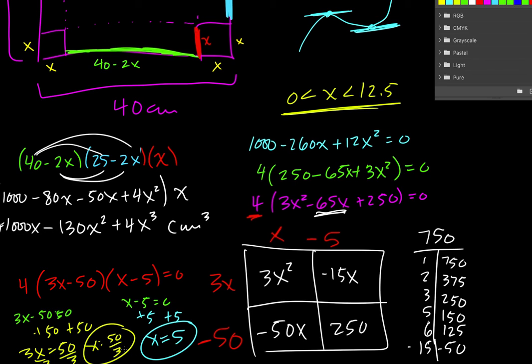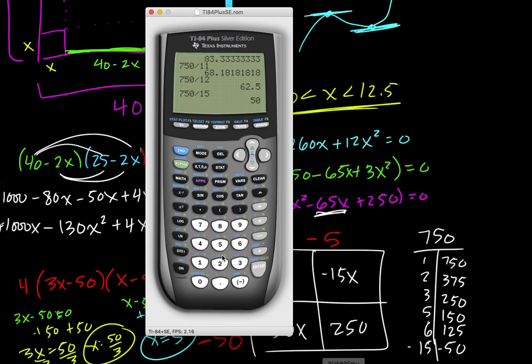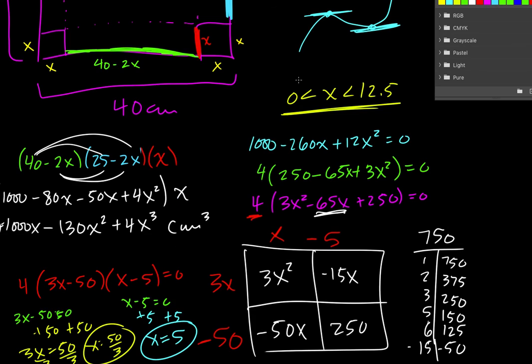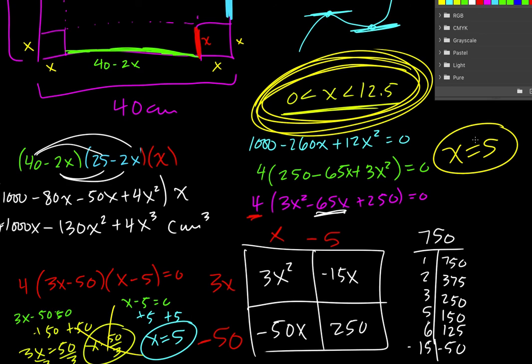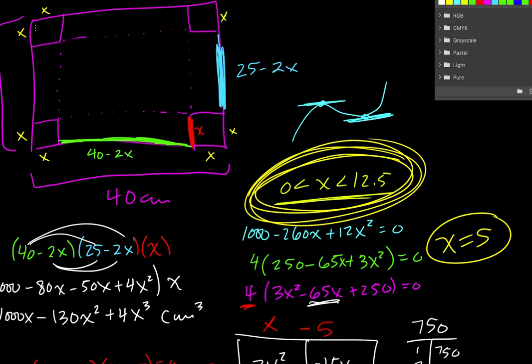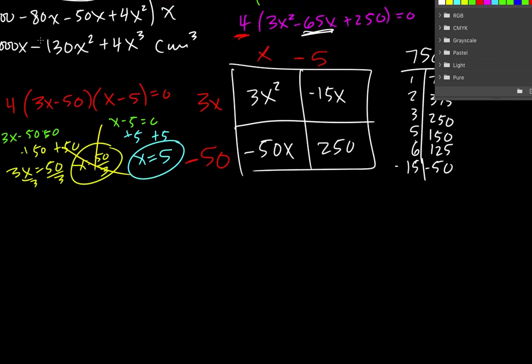Okay. So if we do 50 divided by 3, that's 16.666. That's outside of this range that we have right here, or our domain. And so we're going to throw that out. And so x equals 5 is the answer to optimize this situation. So what that means, if we make these 5 by 5 squares, the volume of the cake pan will be maxed out. Okay, so we're going to